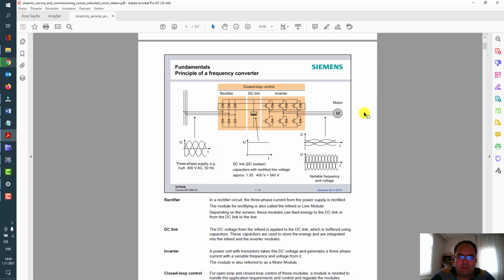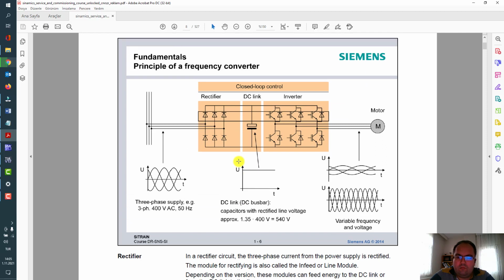On the next page you will see in this picture the principle of a frequency converter in more detail. Basically there are three different sections of a drive for closed loop control. On the rectifier side, I will go into more detail with zooming.